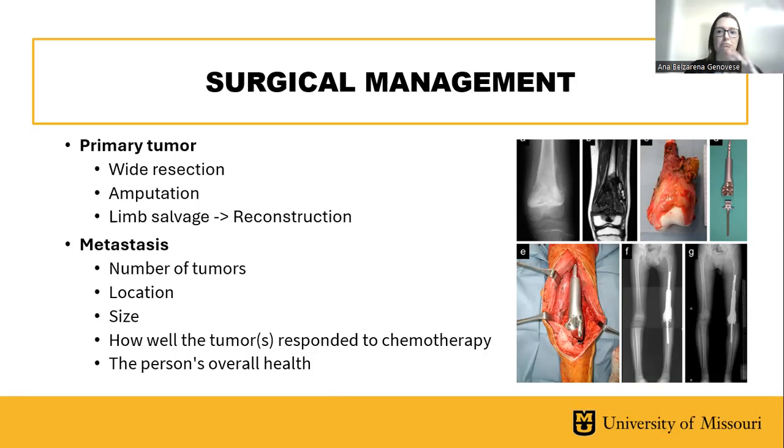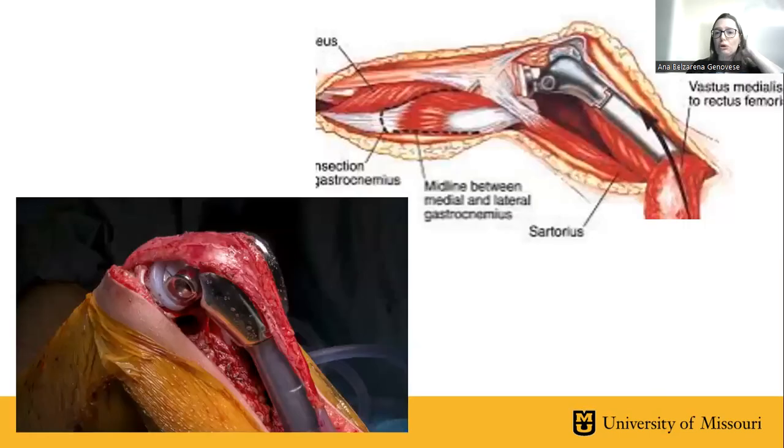Most cases these days, limb salvage. It's very, very rare for you to indicate an amputation, but that depends on many factors, how advanced is the disease, and oftentimes what possibilities do you have to treat those patients. The nice implants you can see here in the picture, they're not widespread all over the world. So there are other options, but we will discuss this now. So this is the